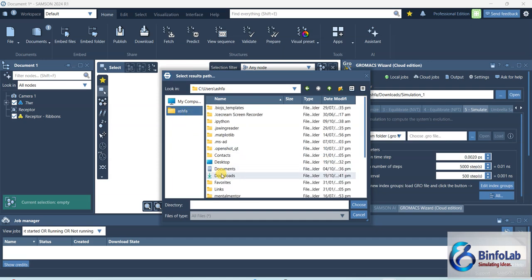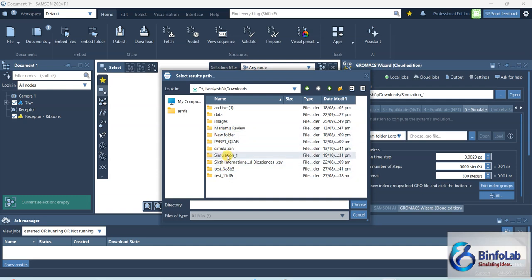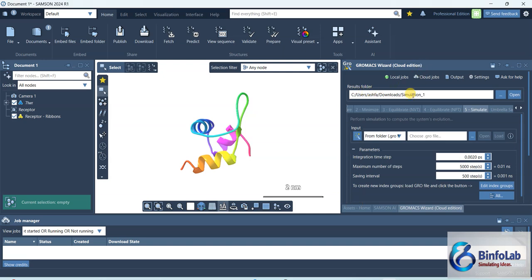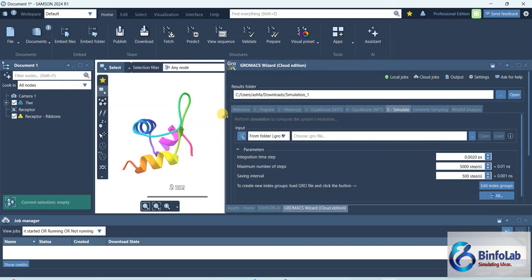in the download folder. The directory name was simulation 1 underscore 1. So choose it. Now, all the jobs and all the files which will be created, the software will directly send them there. Now, you can see